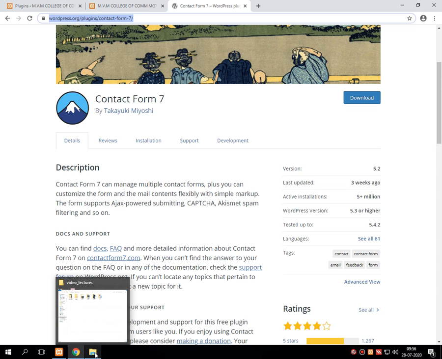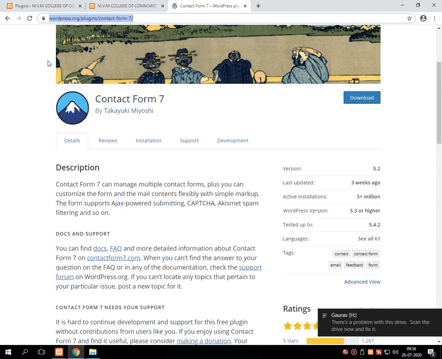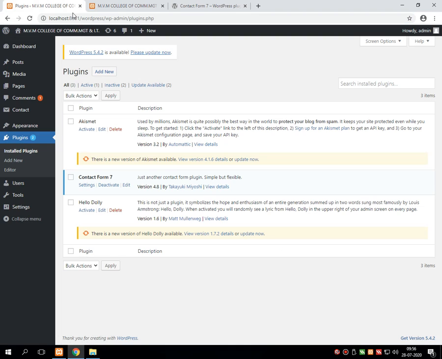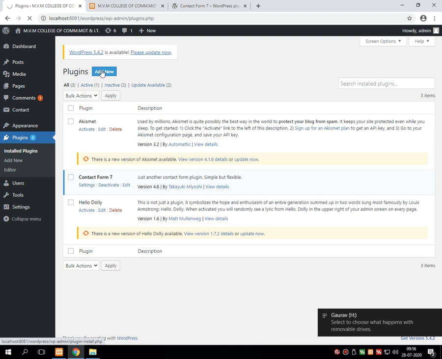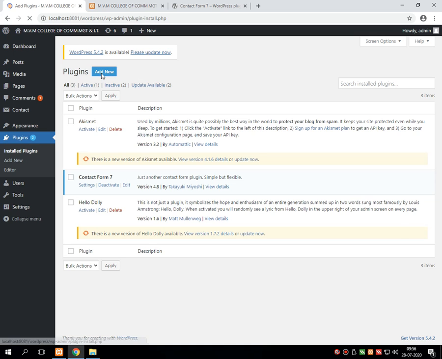Once the plugin got successfully downloaded into the desired location which you have given, we started the installation process of Contact Form 7. For installing the plugin, in the plugin section, we went into the add new section.